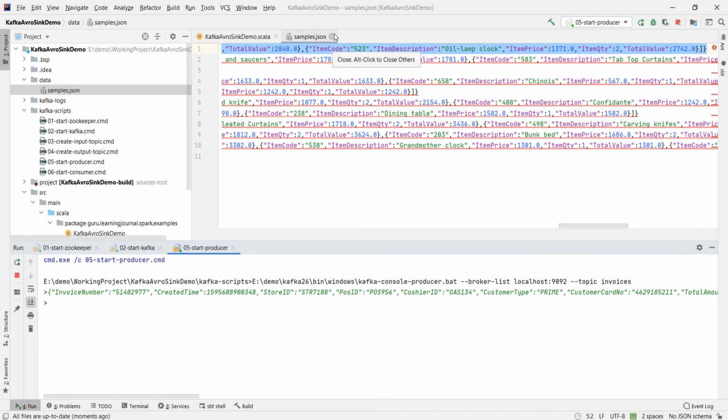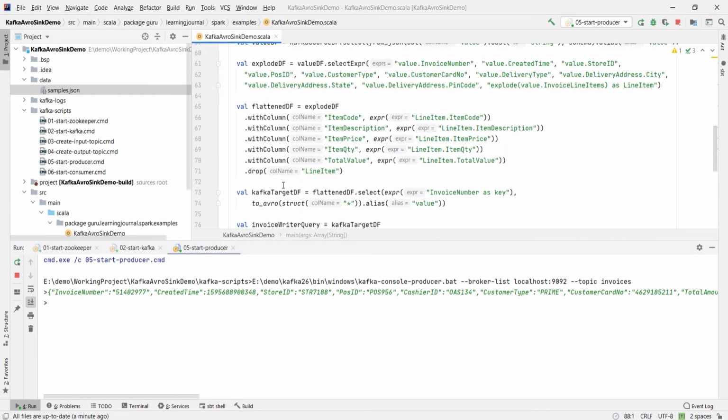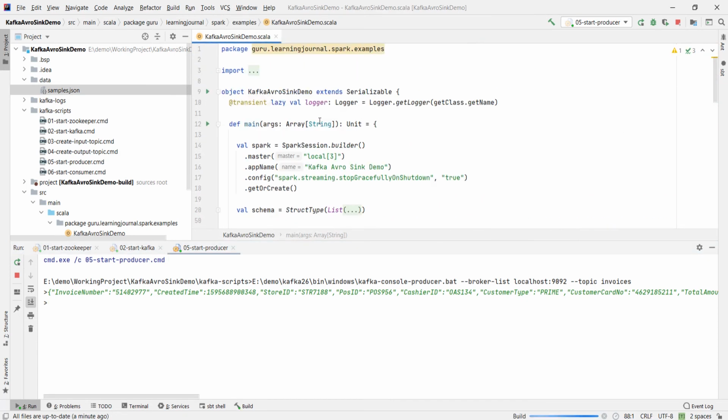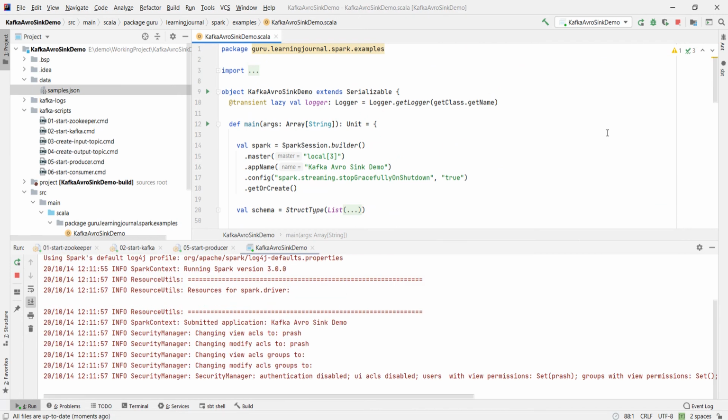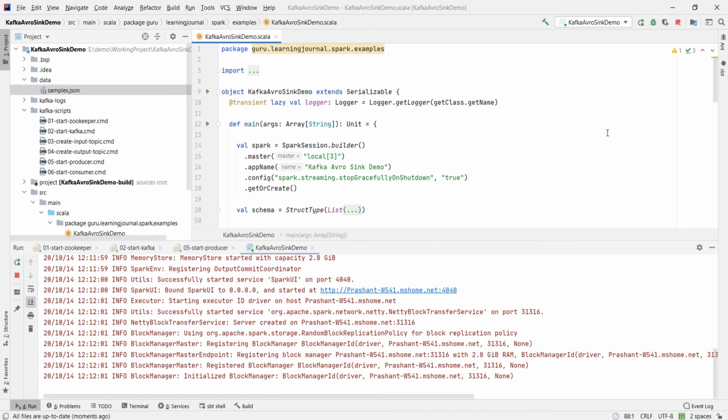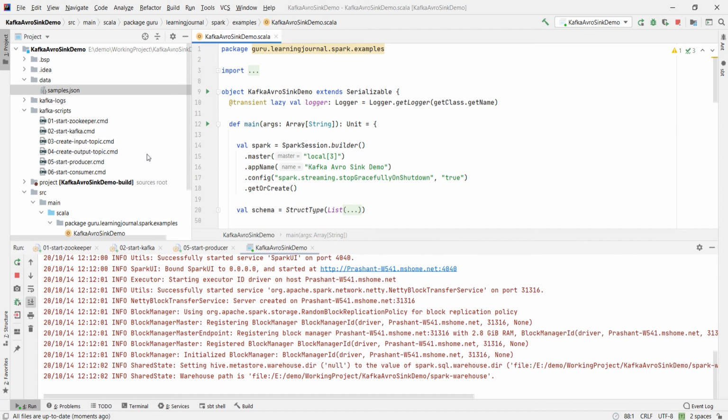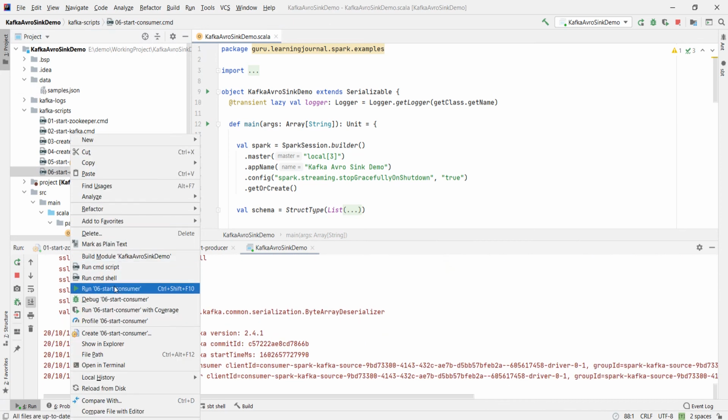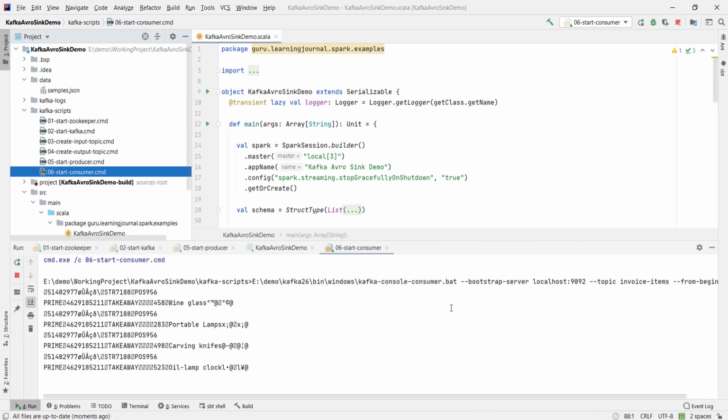Now you can run your application. Start the consumer to see if you are getting the output. Great, looks like we are getting some data. But Avro is a binary format, so you may not make any sense of this output.